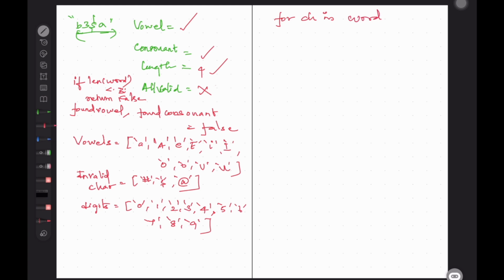If the character is in the invalid characters, we straight away return false. If it is present in invalid, you don't need to check anything else.